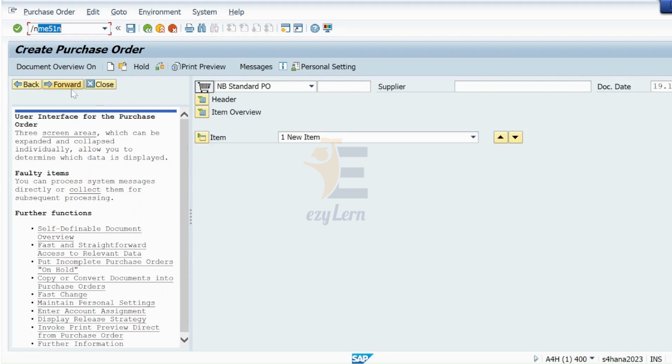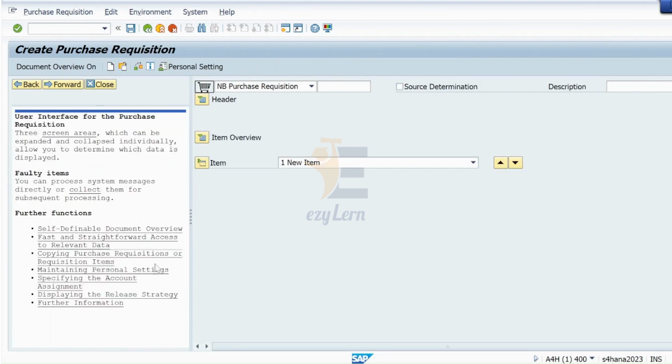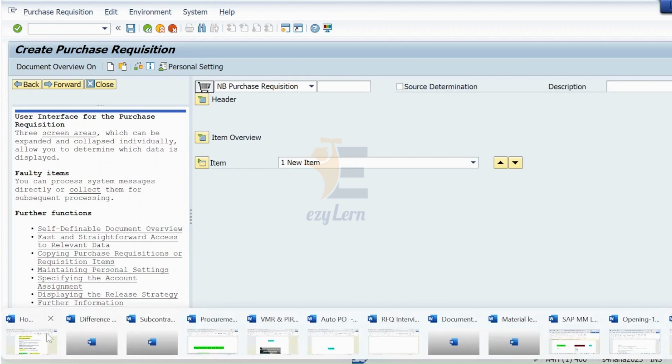That simply means whatever T code I use will override the present screen. Right now it's the create purchase order screen, but once I use /n followed by the T code and hit enter, it directly opens the create purchase requisition screen and the purchase order screen has gone. That's the use of /n followed by T code.